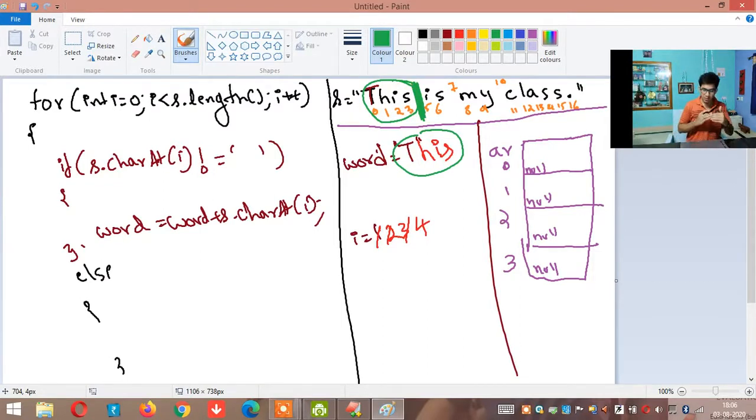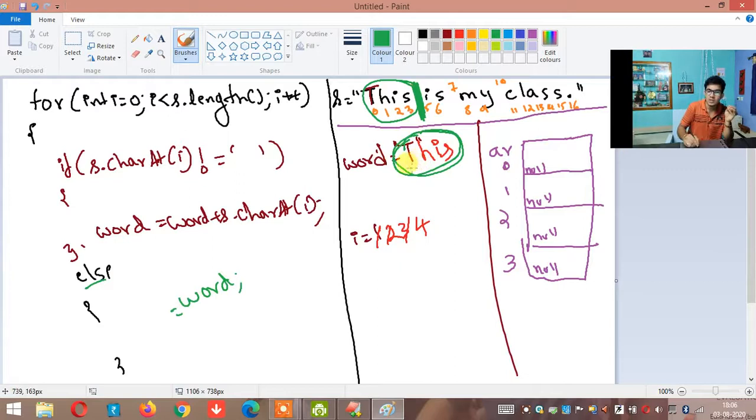Agree? When I see a space, I can tell, okay, now I have seen space, which means previous to the space, all of them were part of one word. Yes. Okay, that's why in the else part, when you see a space, whatever is there in the word variable,